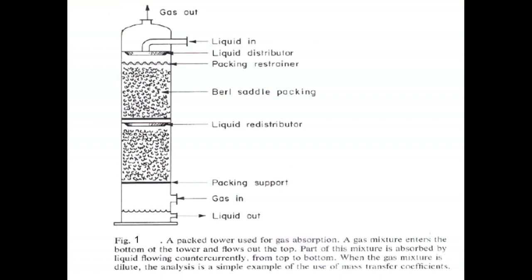Suppose for instance, somehow the gas flow shoots up drastically, which should not happen. We won't be blowing out the packings along with the gas. So, to restrain the packings from carry or entrainment with gas or even a change in the pack structure, we have the restrainer. So, this would be tightly, snugly fitting against this pack section. And we have shown the second part, so there is a redistributor.